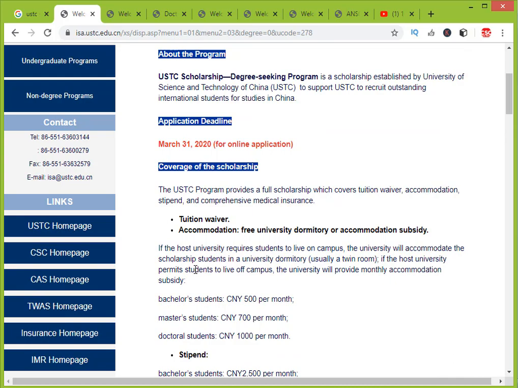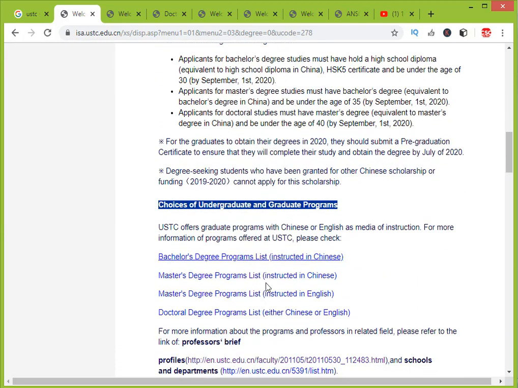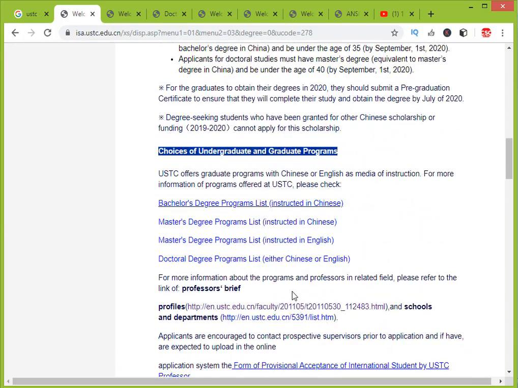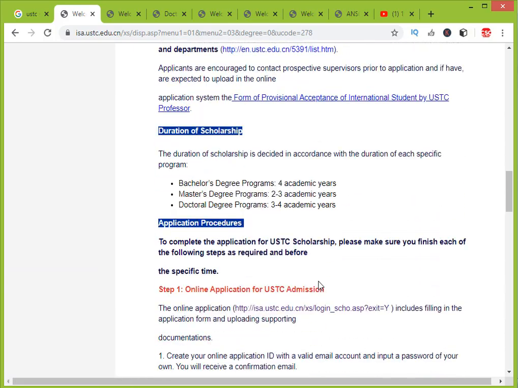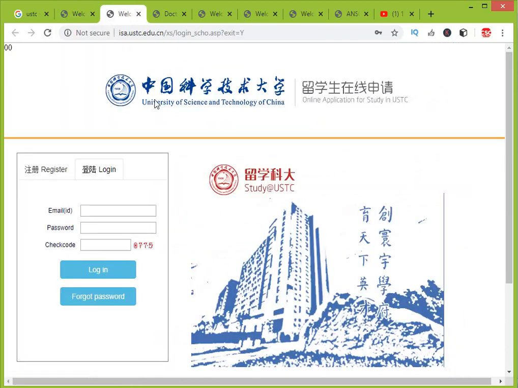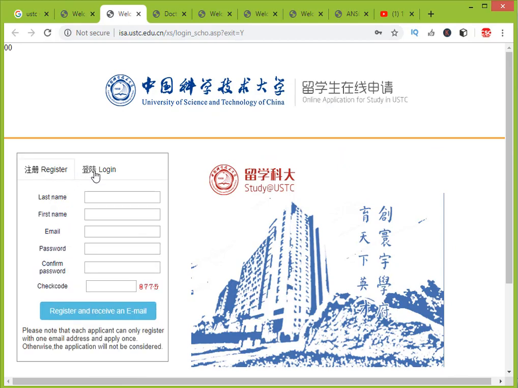So now let's come to how you fill the online application form. Okay, click on the link which they provide. Click here. After clicking, you will see the login, last name, email, password, and confirm password. When you enter your email, they don't send any activation code to your email. They just send an email that says welcome to the University of Science and Technology of China, and it's okay, and then log in.